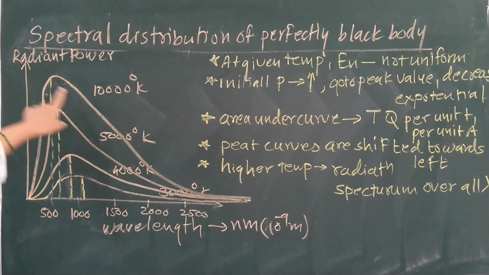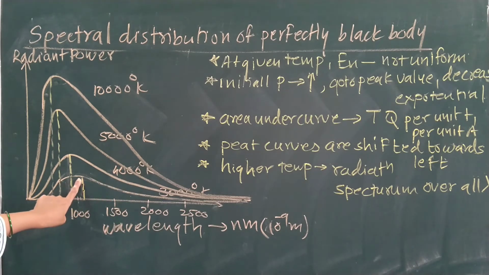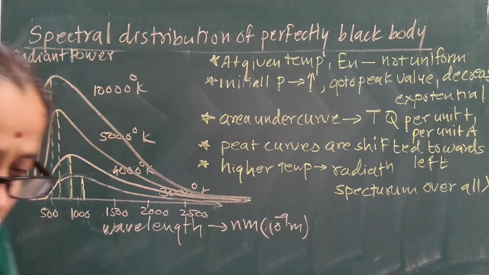Your wavelength will be maximum. कहाँ पे maximum wavelength है, यहाँ पे देखो. The wavelength is maximum when the temperature is minimum. Is it right? So that law is to be called as your Wien's